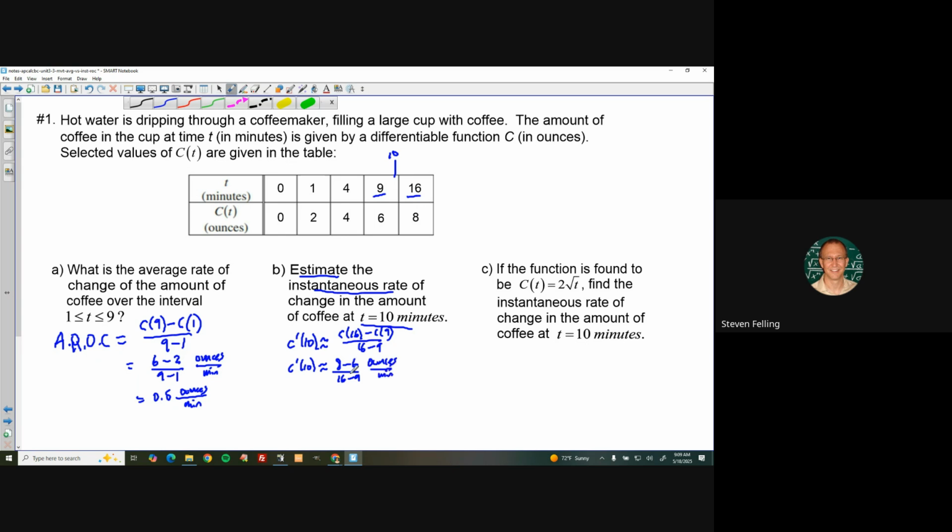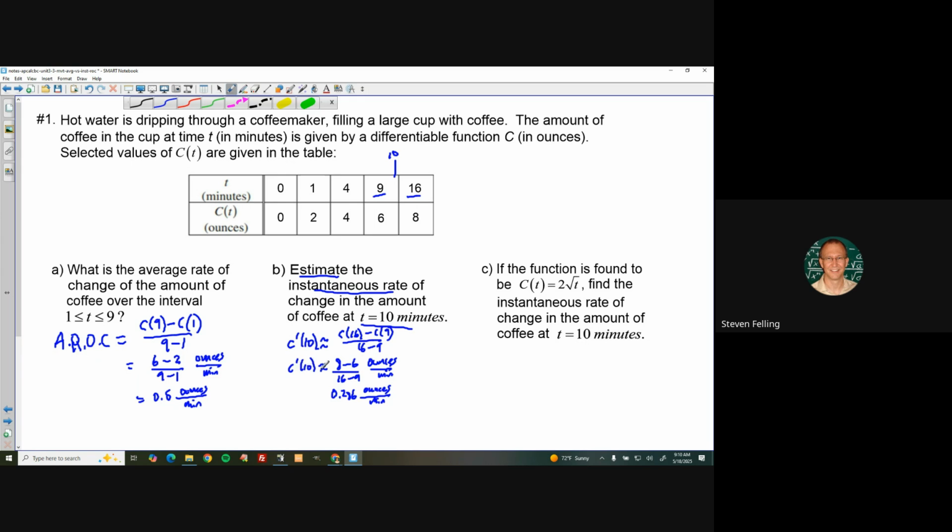Right? And that turns out to be, if you do that in a calculator, 0.286. If you had a calculator, you can get that more precisely. Remember, anytime you answer in decimal, if the answer is not exact, you have to round to 3 numbers past the decimal. So you can call this the estimate of the instantaneous rate of change, or what C prime of t